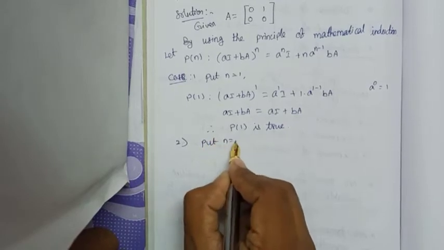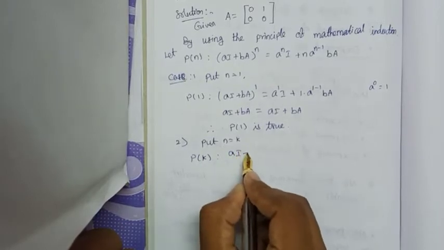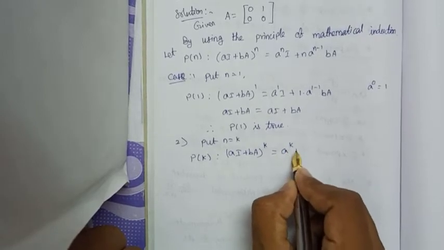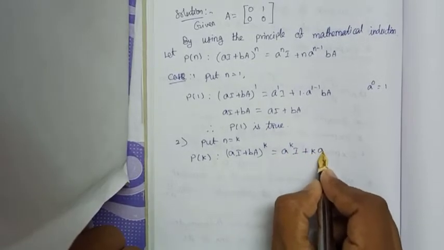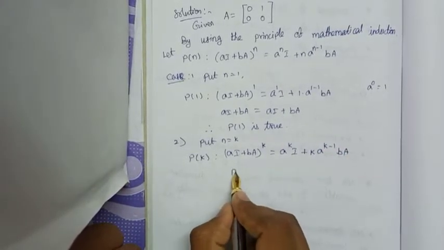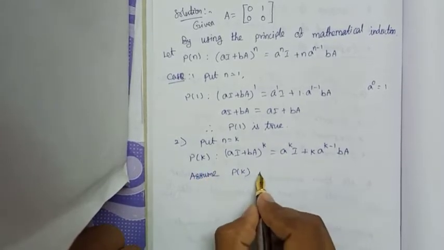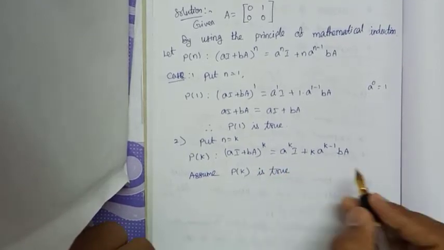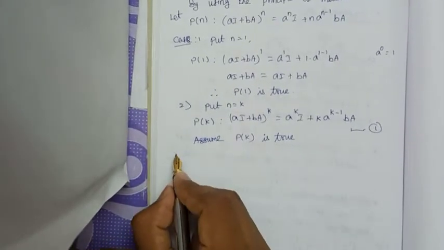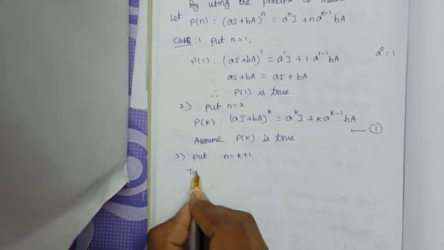So this is the second case. Put n equal to k. We get P(k), such that (aI + bA)^k is equal to a^k into I plus k into a^(k-1) into bA. We assume that P(k) is true. This is the condition for mathematical induction, and we have taken it as equation 1. Next, the third case: put n equal to k plus 1. Then to prove